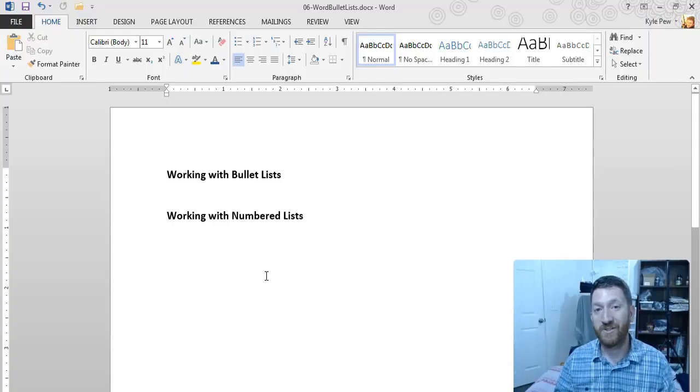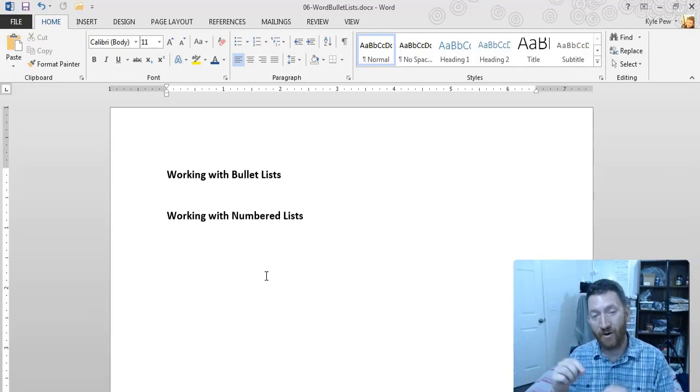I want to create a little more structure to my document. I've got a list of items that I want to number or I want to place little bullets next to. But I want to create a little list. My wife, she sends me out to the store occasionally when she trusts me. And she gives me a list of items, but she just kind of rattles them off. We need milk, we need eggs, we need bread, we need peanut butter, we need jam, we need this, that, and the other thing. And my mind's just like,